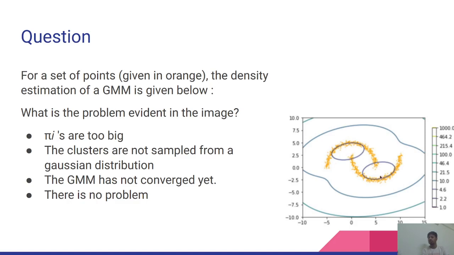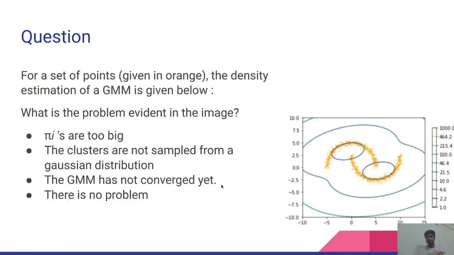points. Similarly here around the center we do not have any points. So that is actually not really Gaussian, right? Near the mean there should be the maximum number of points, because that is what this kind of distribution looks like. Near the mean we have the highest number of points. So the correct option is that. Basically, GMM has not converged yet,